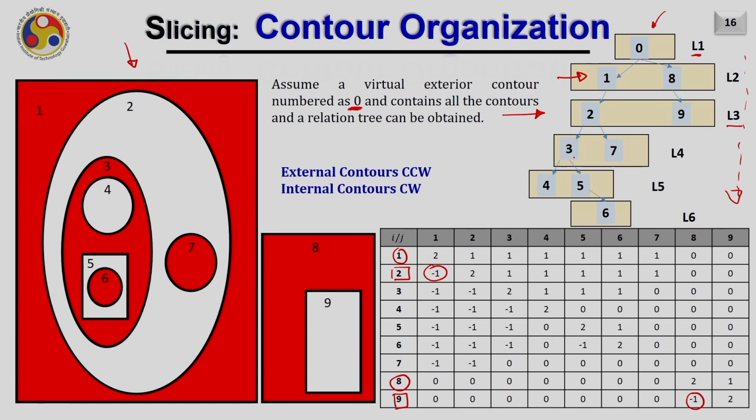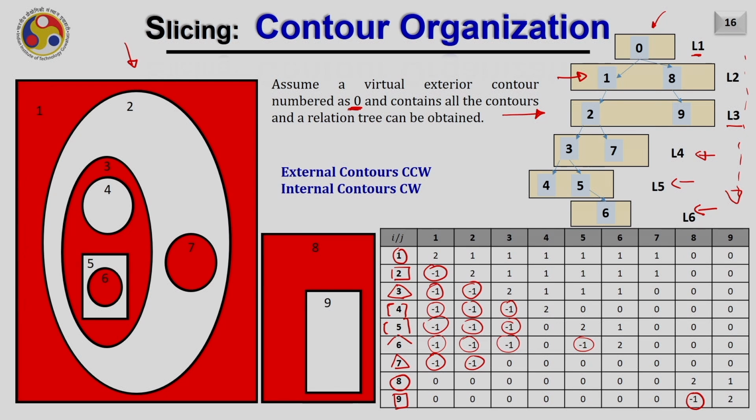Also 3 and 7 are containing -1 twice, that means they are at level 4, and contours 4 and 5 having -1 thrice, and in the end level 6 is contour number 6, which is having -1 four times.